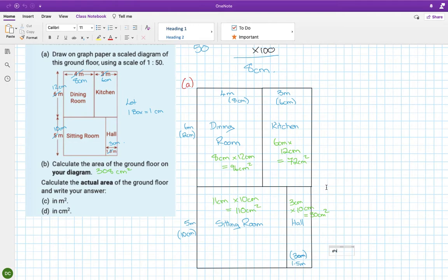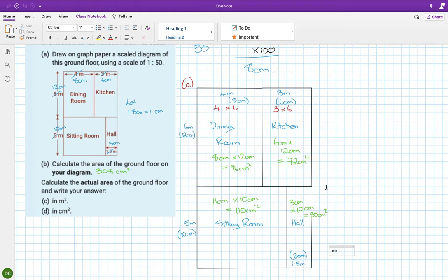So then it was calculate the actual area of the ground floor, first of all in meters squared and then in centimeters squared. Okay, so the actual area in meters, I'll go back here, is 4 by 6 for this one. Try not to mix these up now. 3 by 6 for that one. The sitting room,